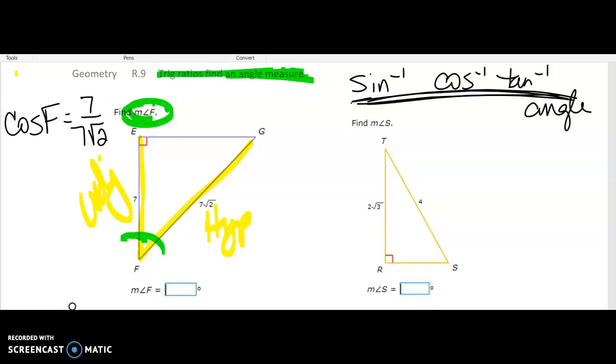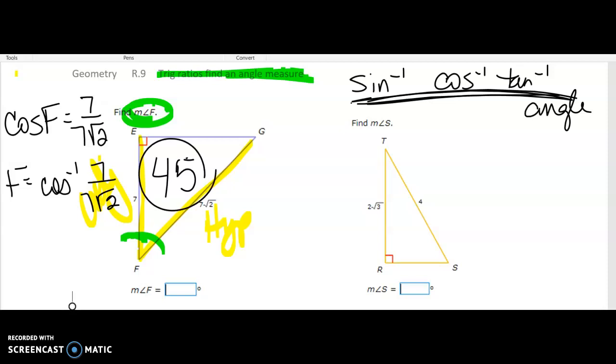So if we're looking for F, we're going to do inverse cosine 7 over 7 square root 2. On my calculator, you turn it on, go to second cosine, fraction, 7 over 7 square root 2, close parentheses, and we get